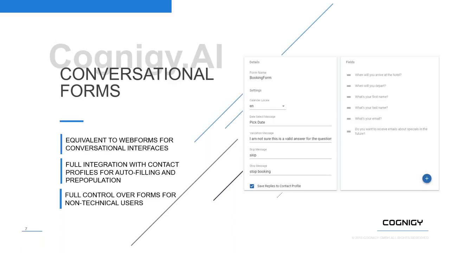And the nice thing is you don't have to answer them all in sequence. The questions you see here are actually the questions that I will be using in a demo to come, where it's about a travel booking, and you can see it says, okay, when will you arrive at the hotel? When will you depart? First name, last name, email, and so on. And what we can do is we can answer any of these questions in one go. I could say, I want to go to the hotel from tomorrow until next Monday. And then the first two questions are already answered, and it's only going to start with the third one, collecting the slots that are still missing.